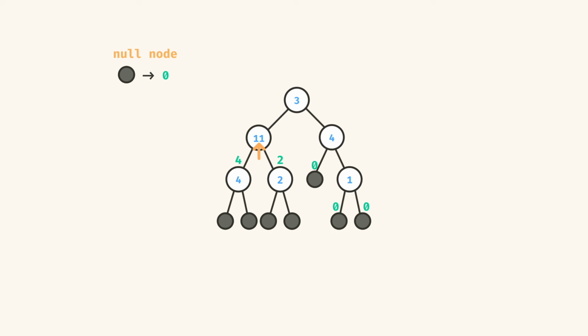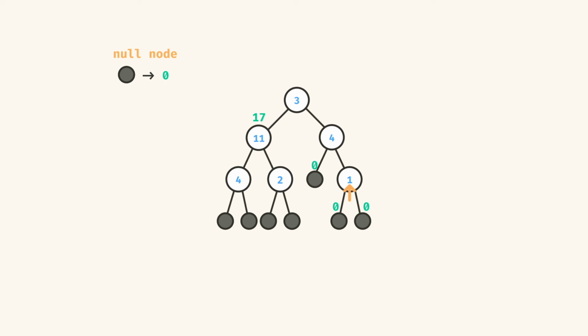And now things get interesting. To calculate the total sum rooted at this 11 subtree, I would just return these values to the top. And now I do 4 plus 11 plus 2, which gives me an answer of 17. And if you do a quick spot check, this 17 does represent the total sum just in this subtree. And we'll carry on